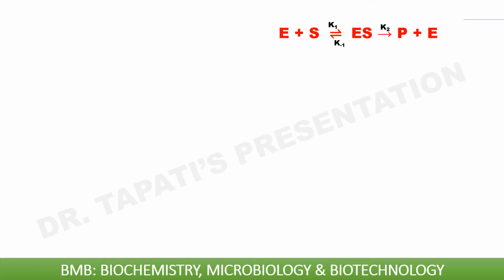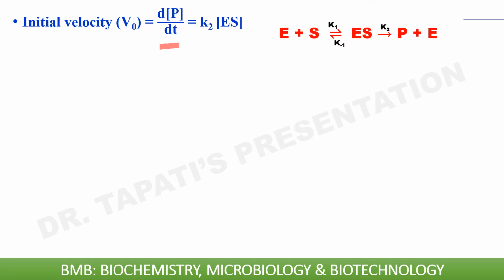Now, as we know, the initial velocity V0 is equal to dP by dt, equal to K2 into ES. Now, if we put the ES value, equal to ET into S divided by Km plus S, which we found in the previous slide,